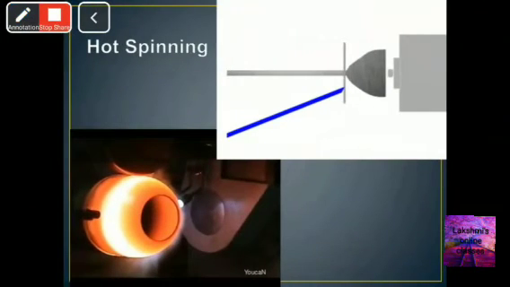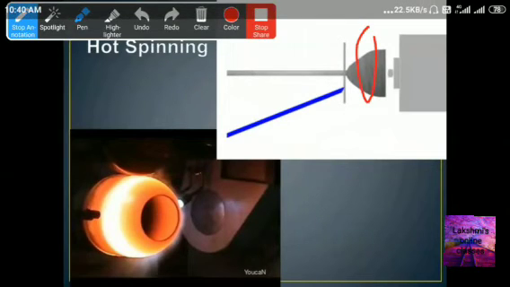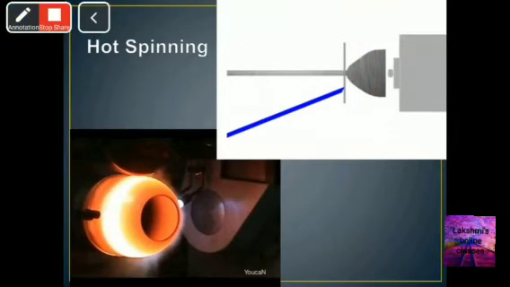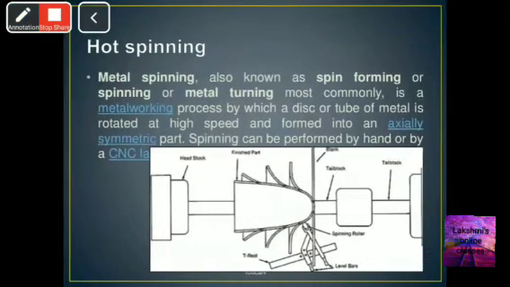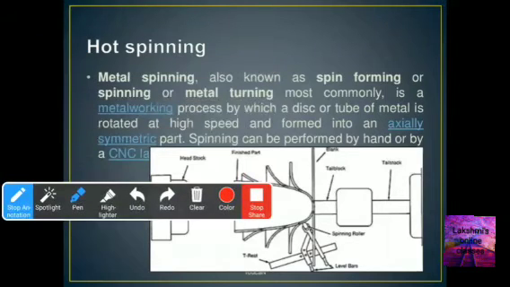So this is hot spinning. The work may be rotated in this direction, and the workpiece is fixed at a particular point. Therefore, the load is applied very slowly, just like on a lathe, which we have worked on in our workshop. So coming to hot spinning, metal spinning is also known as spin forming